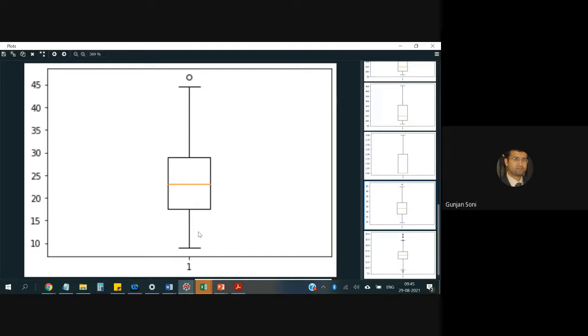So the larger the size of the whisker, the more it indicates larger variation in that quartile, Q3 or Q1, right? So shorter whiskers represent less variation in the extreme quartiles. The less variation there is, the better it is for us. And you can also say that the lower side has less variation as compared to the higher side.